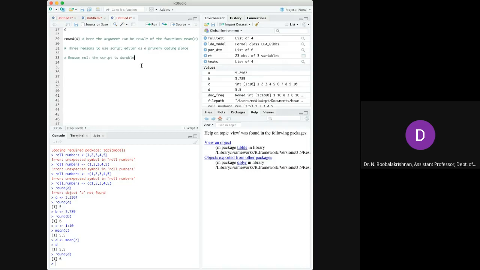One more benefit of the script editor is that it can be used as storage for working code. Whichever working code you are trying out, you can use this as storage, and you can experiment and annotate.